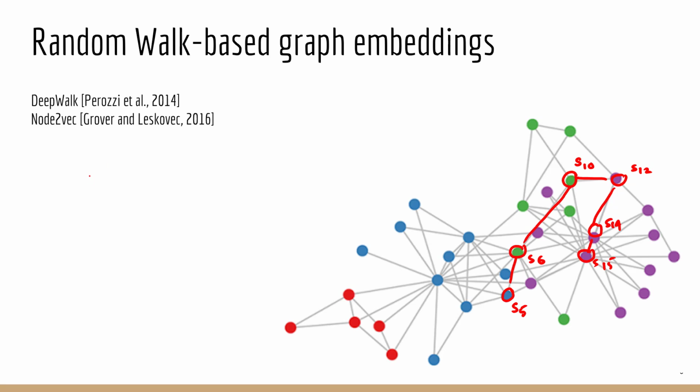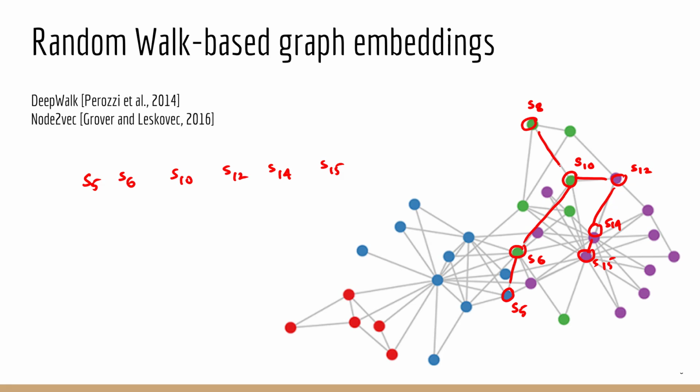And we record this. We have S5, S6, S10, S12, S14, and then S15. We make another random walk here, maybe starting from here, which is probably something like maybe